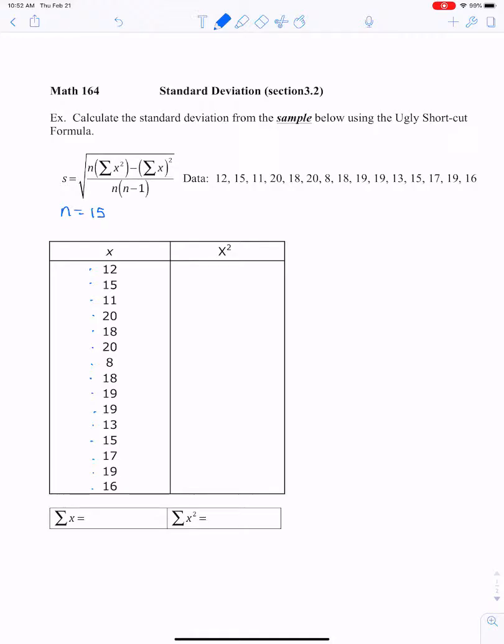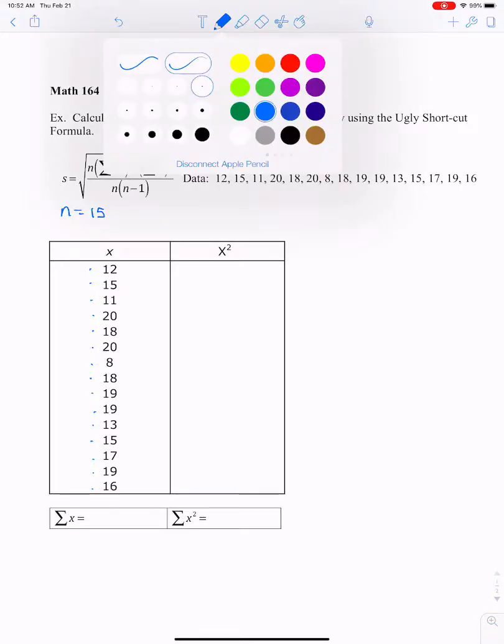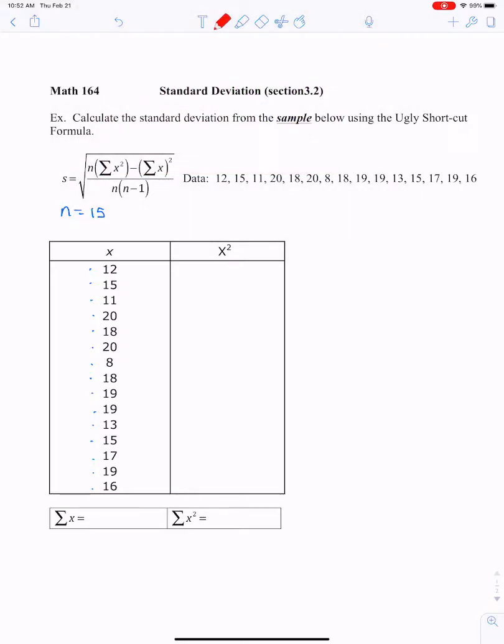Okay, so we also have to have for this formula the sum of the x's and the sum of the x squareds. If I wanted to find the x squareds, I would need to take each value of x, which is right here in this column, and then square it. So for example, 12 squared is